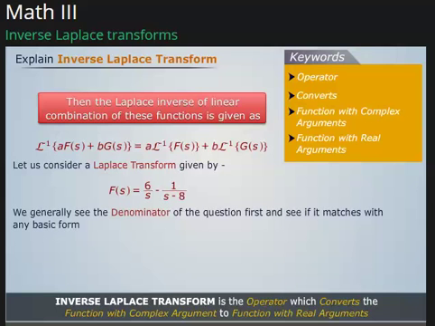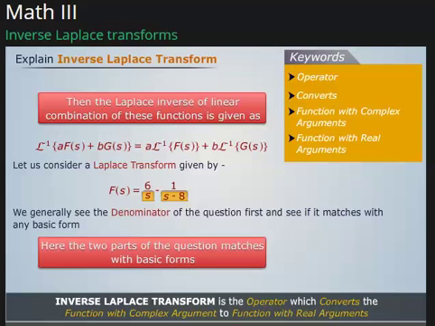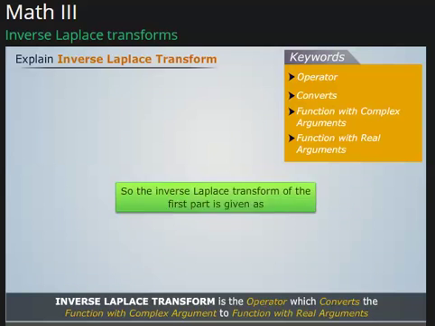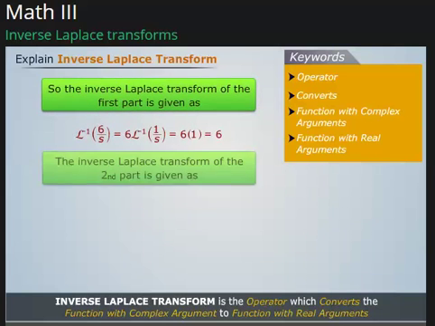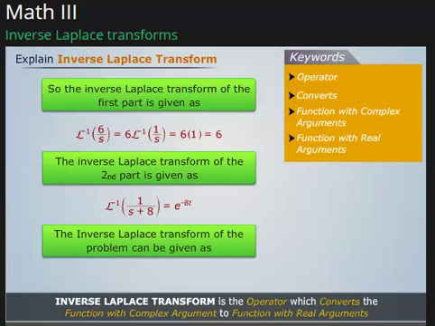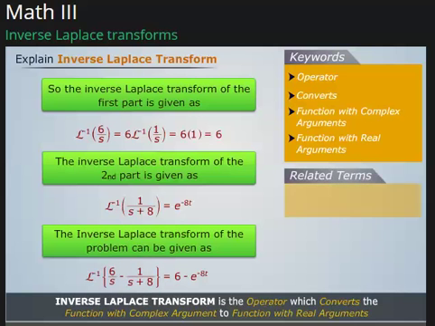We generally see the denominator of the expression first and see if it matches with any basic form. Here the two parts of the expression match with basic forms. So the inverse Laplace transform of the first part is given as, the inverse Laplace transform of the second part is given as, the inverse Laplace transform of the problem can be given as. Related terms are